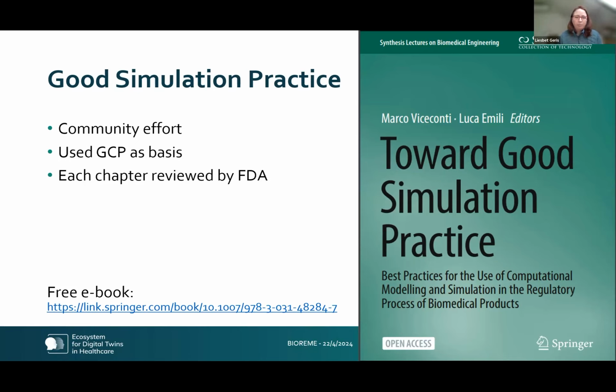And then through that, with Marco Viceconti and the help of the Avicenna Alliance, we had a grassroots movement of people working together in the community of practice in Slack, working on what we call a good simulation practice. Of course, we cannot define a good simulation practice. So the resulting white paper that actually turned into a book is called Toward a Good Simulation Practice, where we lay out, following the good clinical practice, what are the different elements that are required in order to build credible models for a healthcare setting.